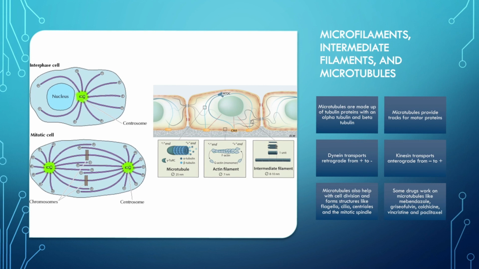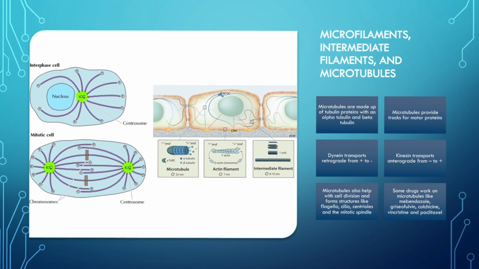The dynein transports protein from positive to negative, which is called retrograde transport, whereas kinesin transports it from the negative end to the positive end, which is called anterograde transport. So as you can see here in this cell, we have the negative end here, and these purple things are microtubules, and the positive end is more distal or further away from this green thing called the centromere. And so the negative end is closer to here, the positive end is further out, and so dynein is the protein that transports it from positive over here to negative, and then kinesin is a protein that transports it from